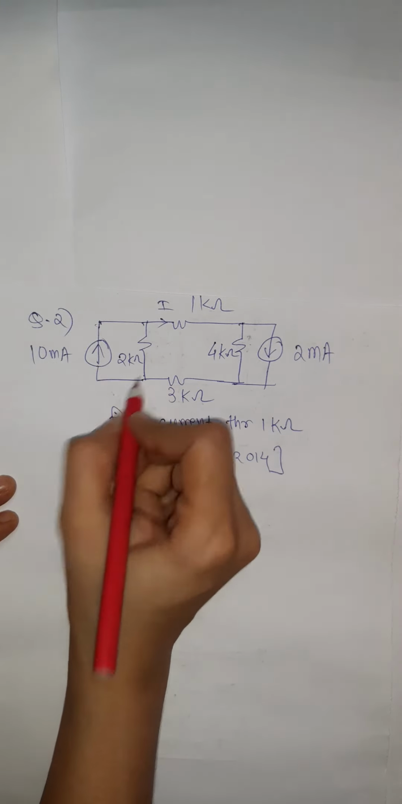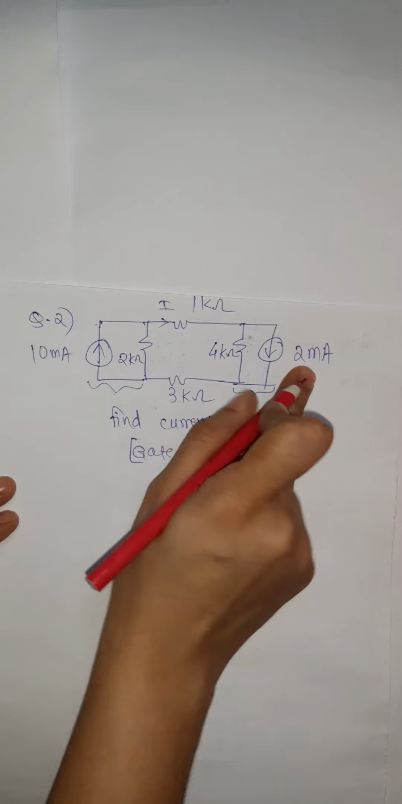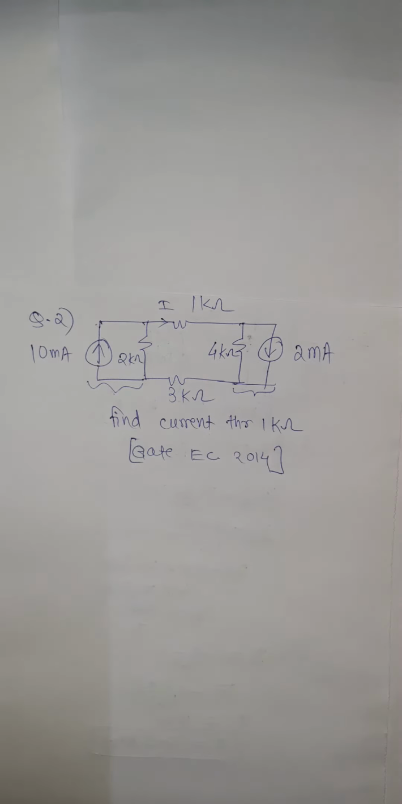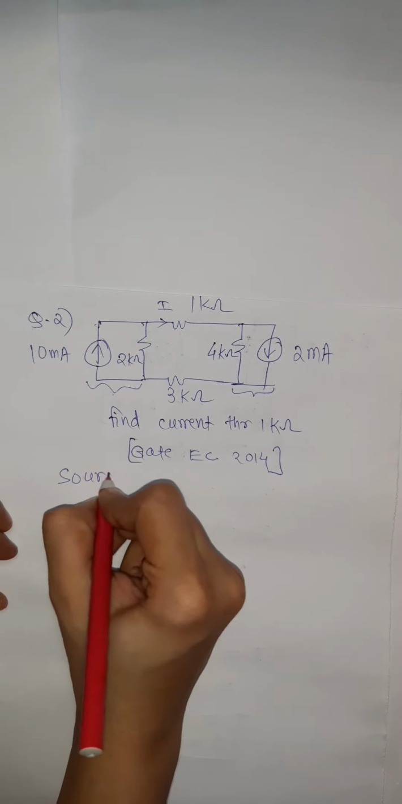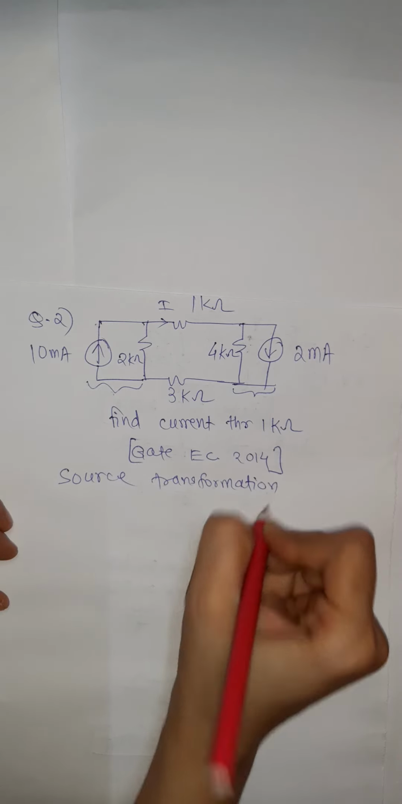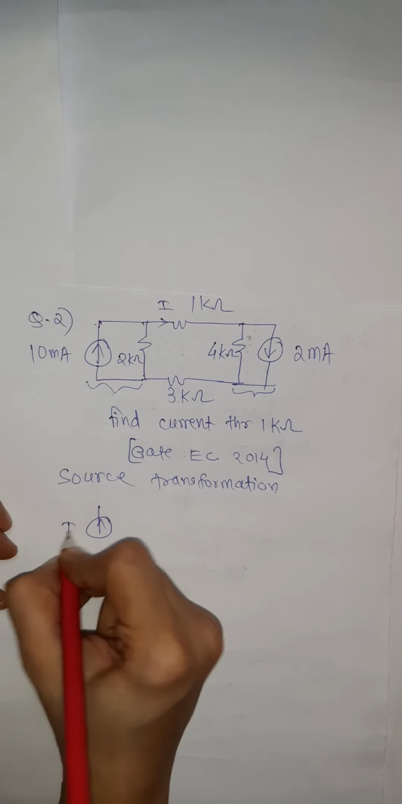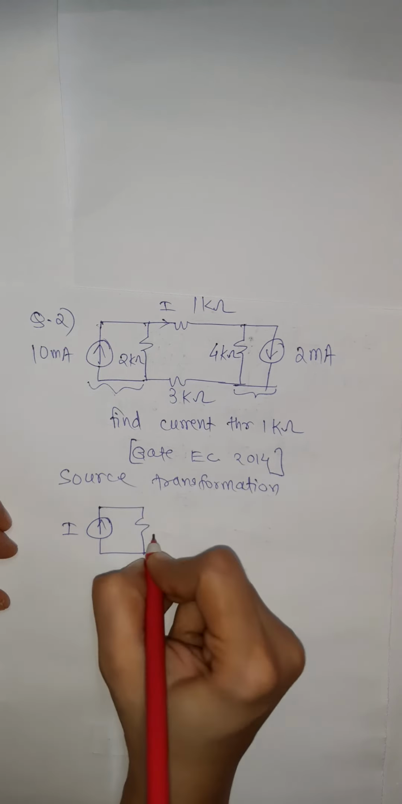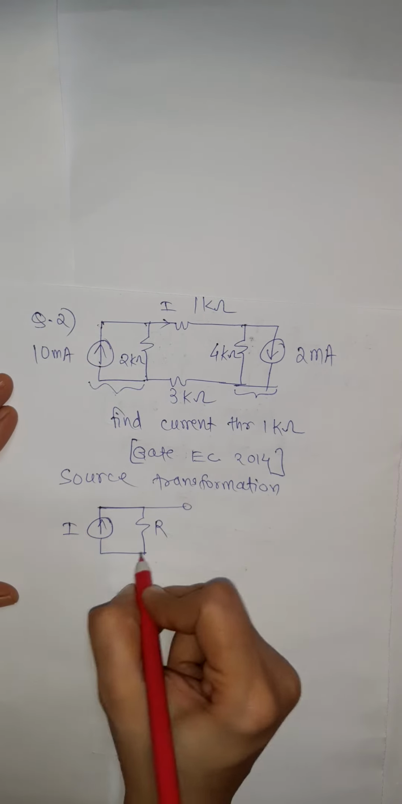A current source in parallel with a resistor, and this is also a current source in parallel with a resistor. So I will use the source transformation method. By using source transformation, we can convert a current source I in parallel with a resistor R into